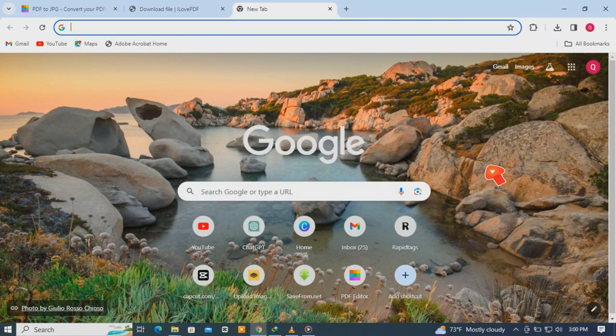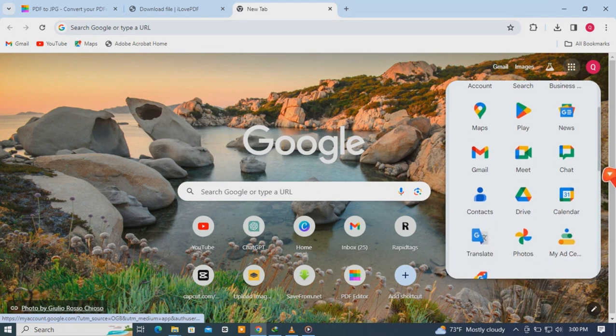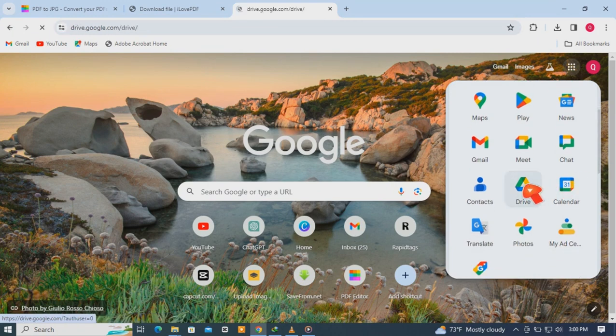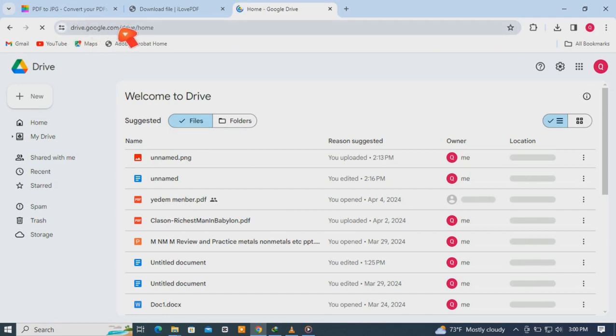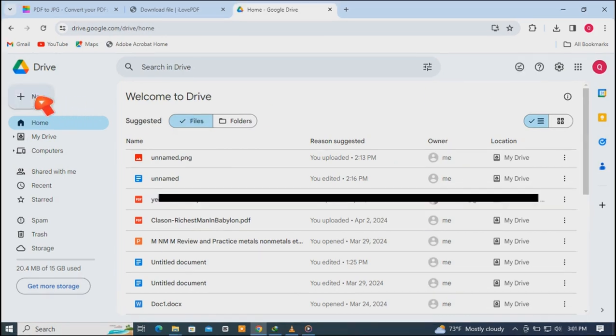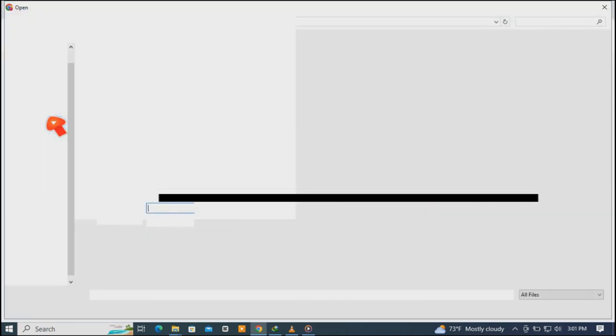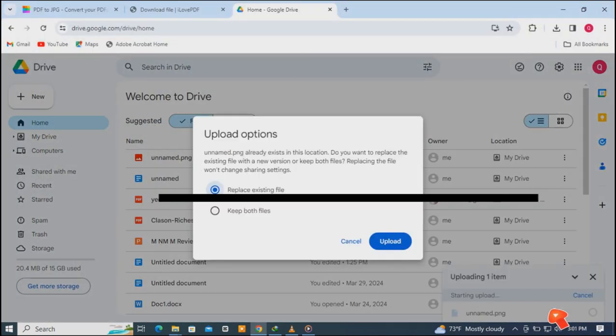So the third method I'll recommend is just using Google Drive. So sign into your email and then go to Google Drive, drive.google.com, and then click on the new button and select the file upload to upload your image file to the Google Drive. Then after that, after the image is uploaded,